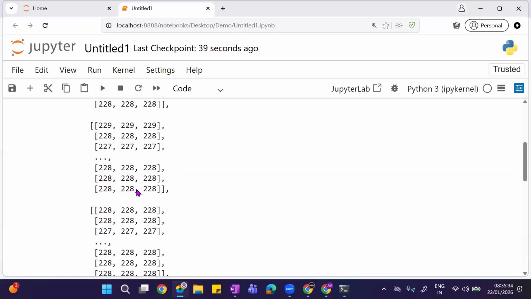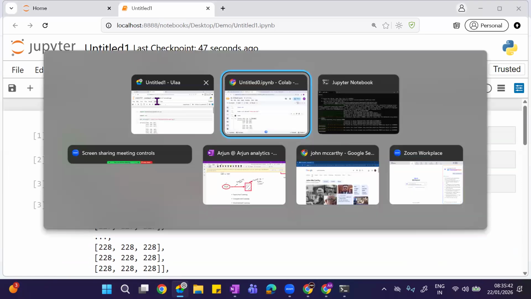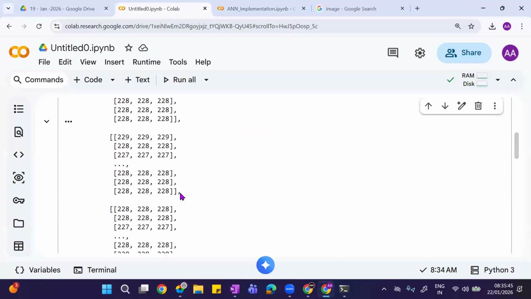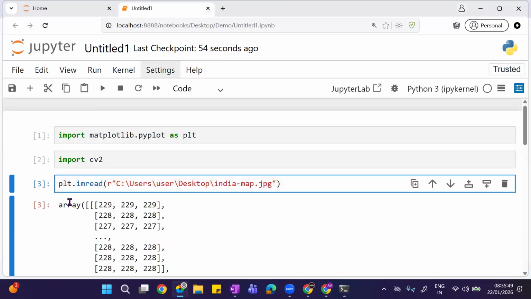Here is an image. Whenever you read it in an offline IDE, this is what I showed you. This is a Google IDE, it is directly showing the image. This is how your image looks, and I'm storing it in a variable India.